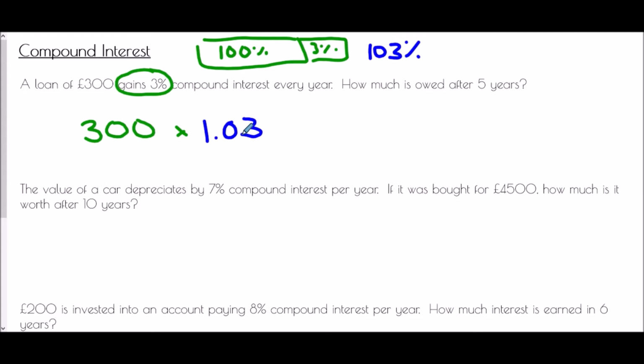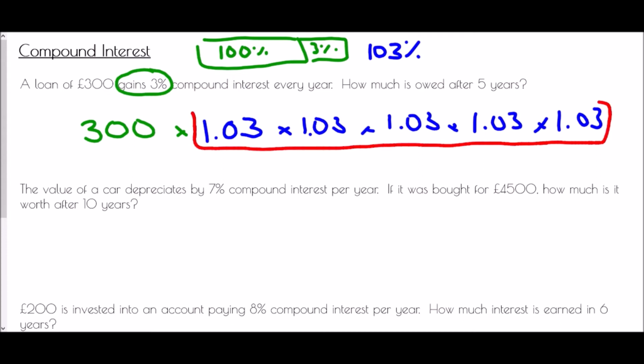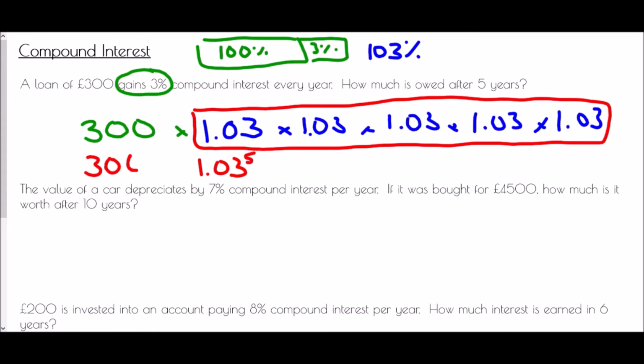Now if I just did that, 300 times 1.03, that would give me the interest after 1 year, but this is happening for 5 years, and so this times 1.03, I would do it again for the second year, again for the third year, again for the fourth year, and again for the fifth year. But just to make this a little bit easier for ourselves, instead of writing this out 5 times, we can just write 1.03 to the power of 5. And so we can, in our calculator, get the answer very quickly. 300 times 1.03 to the power of 5